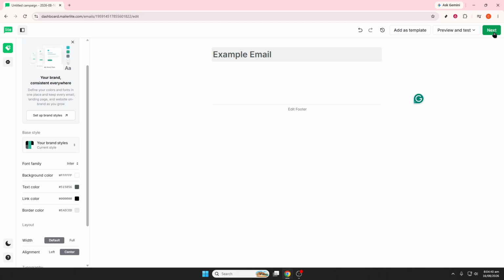Also, authenticate your sending domain before sending campaigns from your custom email address. And most importantly, only migrate subscribers who have given consent to receive marketing emails. Before switching completely, test